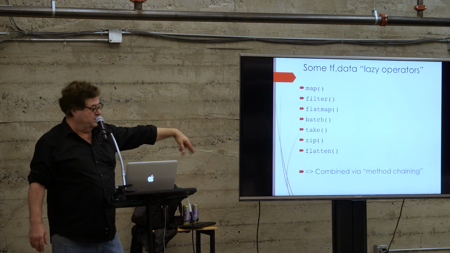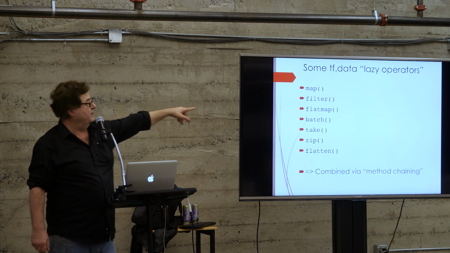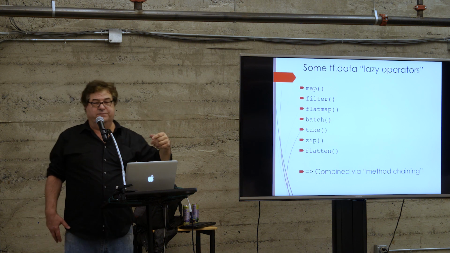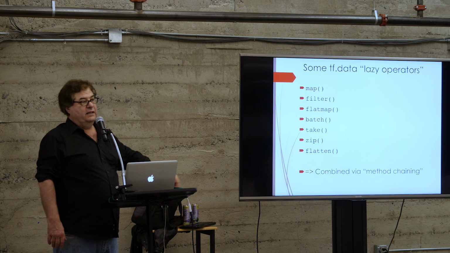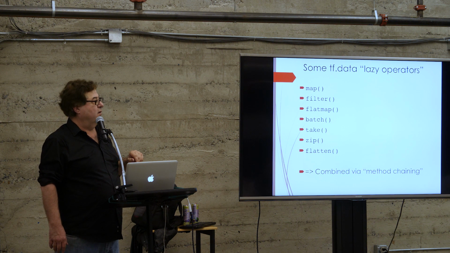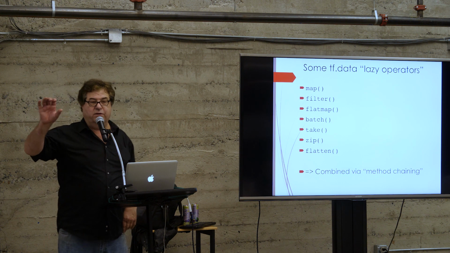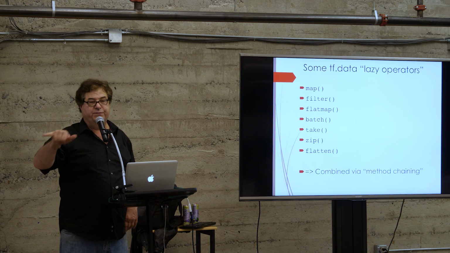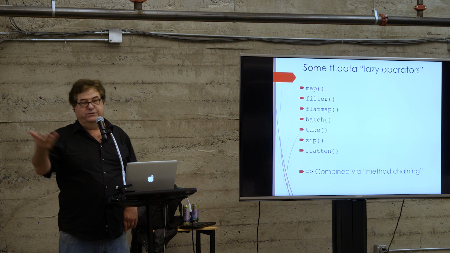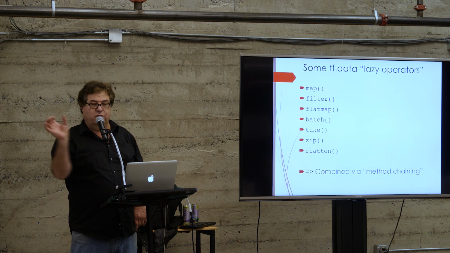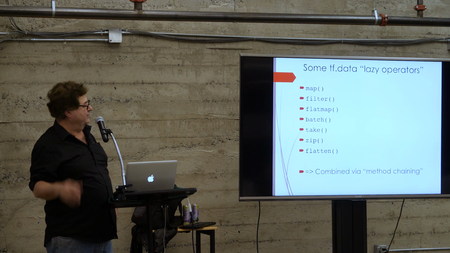So here are some of the other operators I was telling you about. We already looked at map and filter. Take, we kind of looked at. What do you think batch does? It will take, yes? Batch is an operator for the batch. Yeah, if you say batch 4, then instead of printing everything sequentially, it's going to take 4 at a time in batch mode, sort of. It's not batch mode. It's the number of things that you want grouped together. It's sort of a grouping, kind of.